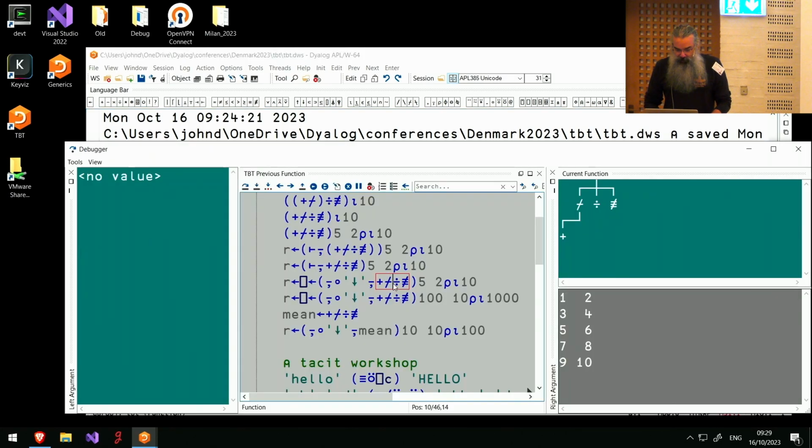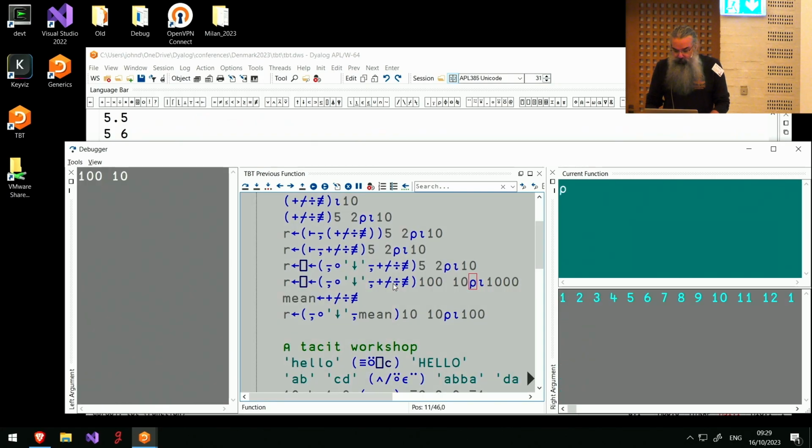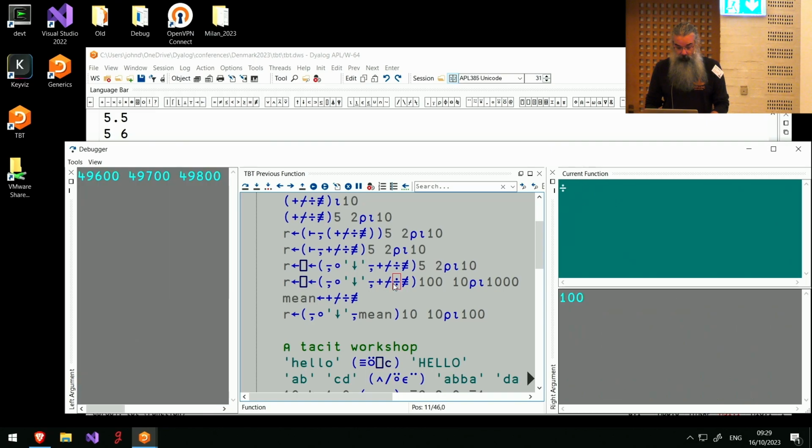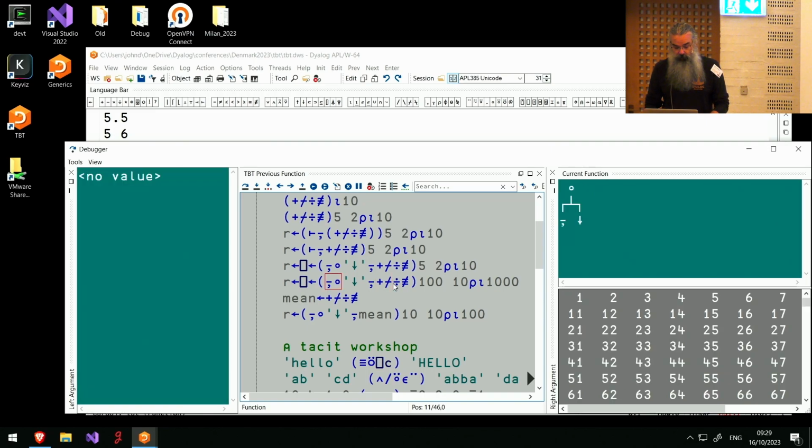The rest of this is basically just going through all different tacit definitions of things. Here, for example, this is a train. A train is 3 functions joined to each other. In this case, the function on the right is mean, that we've done to death now. The function on the left is this